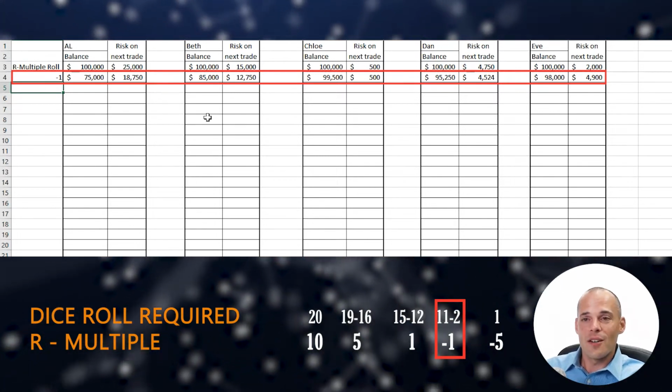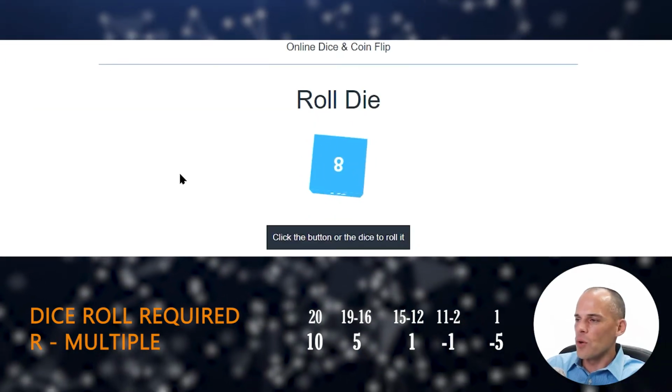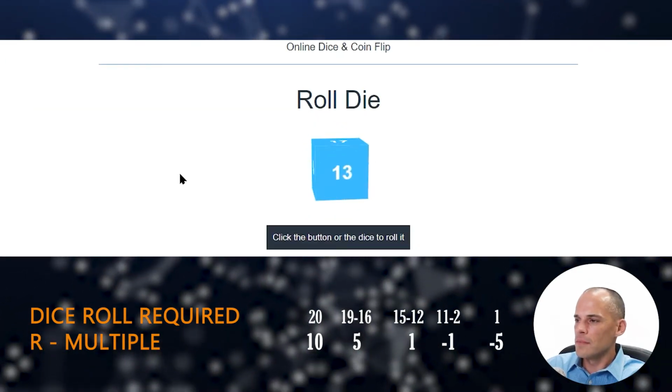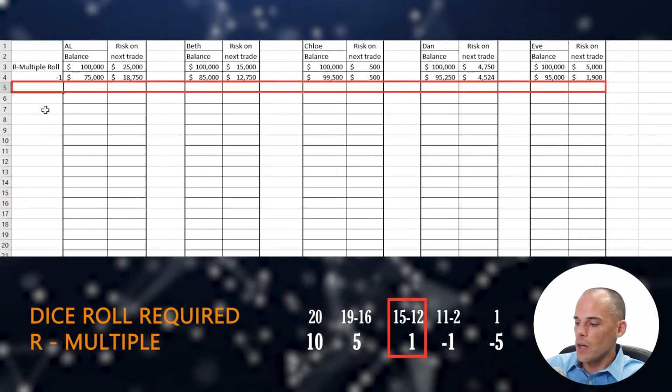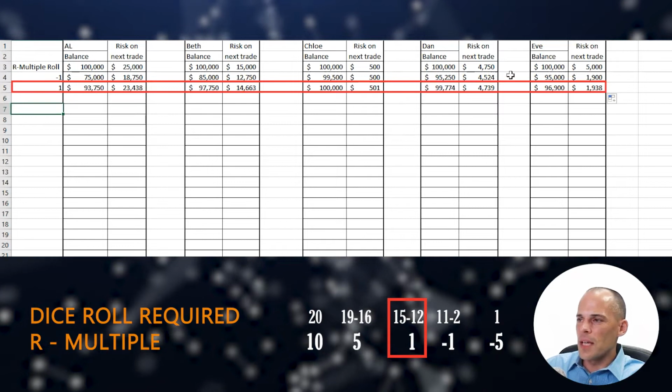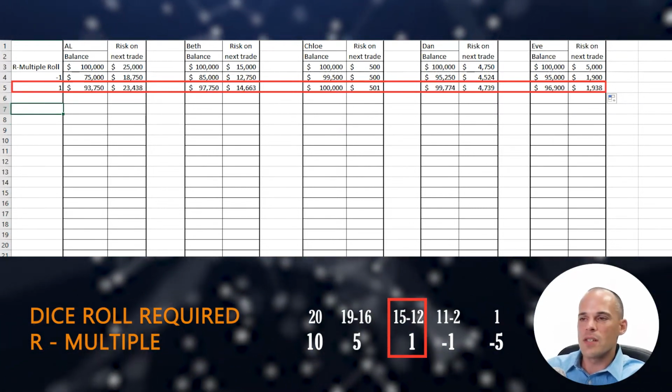If you're interested in playing along, decide how much you're going to risk on the next roll right now. Okay, next roll. 13. 13 puts us at +1. Okay, we've updated everything here, as you can see, and now we're going to speed this up pretty quick, and I'm going to zip through this as fast as I can.